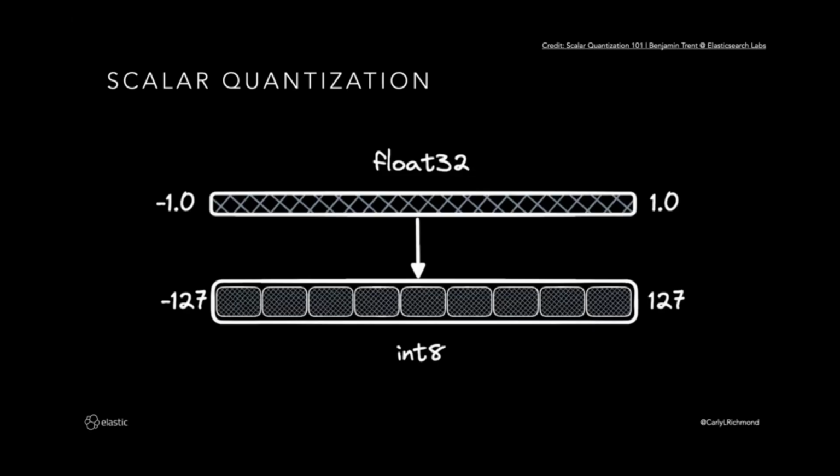Now, one of the mechanisms we can use to try and correct for some of that with any quantization method would be oversampling. And that's basically the idea that we evaluate more candidates as part of our comparisons. But when you think about it compared to the storage considerations, it normally works out as a benefit to increase the number of candidates while also taking the hit with regards to the storage.